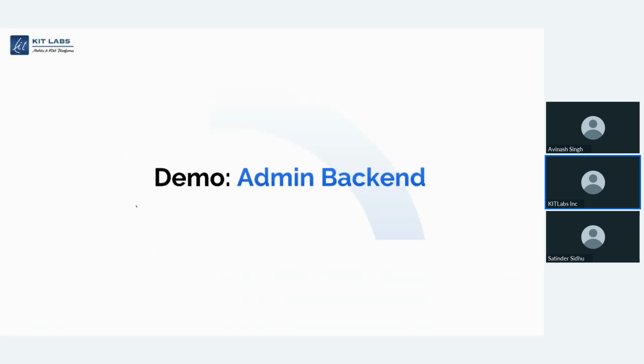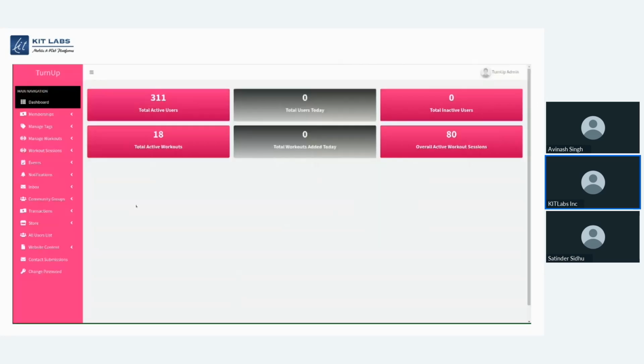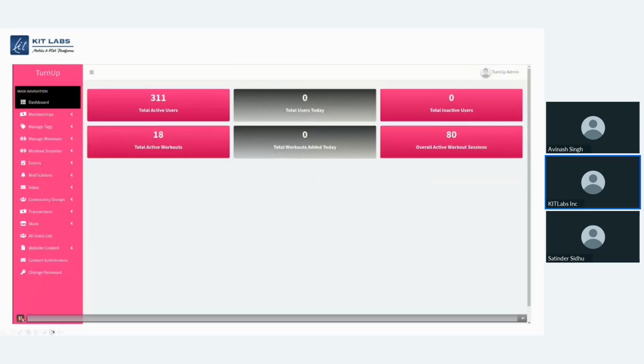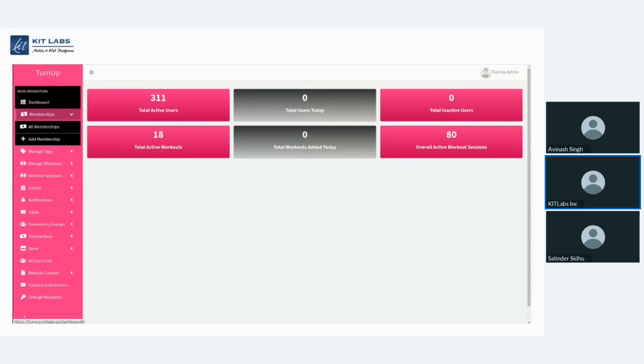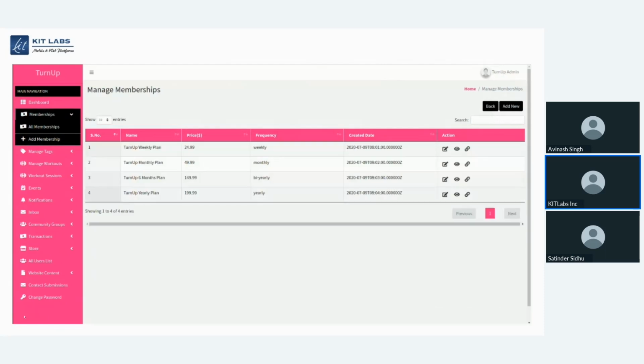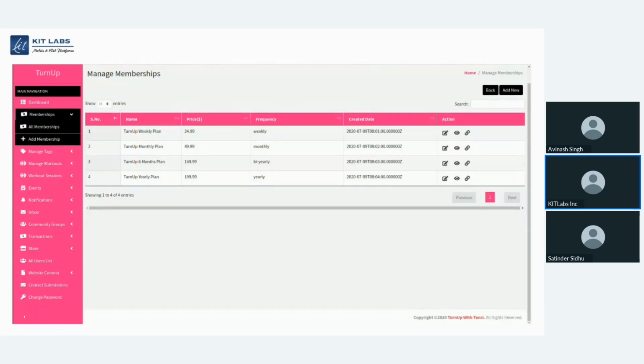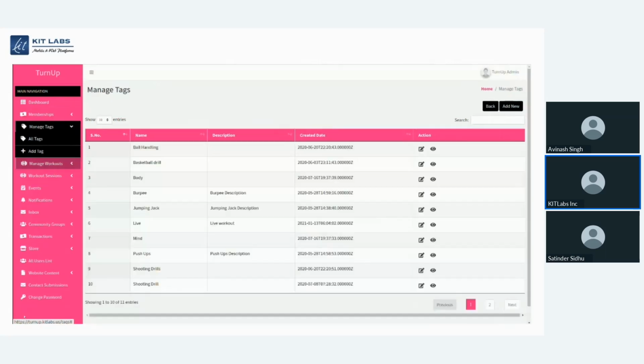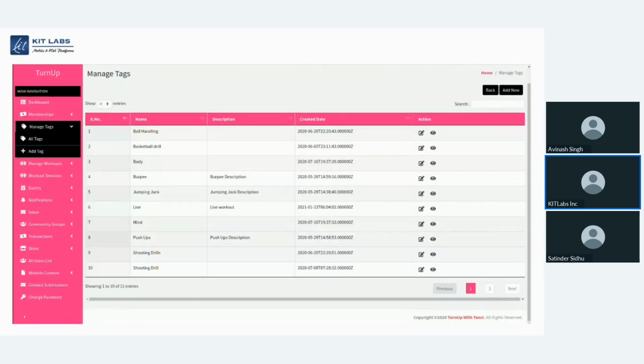Now, I have a live demo recorded for you so that you can get an idea. When you have an app, you are the owner of your company, and you have to work with various users. You have to add users to your system. So for that you also have a backend, which is an admin backend. You can see this is for the fitness mobile application.